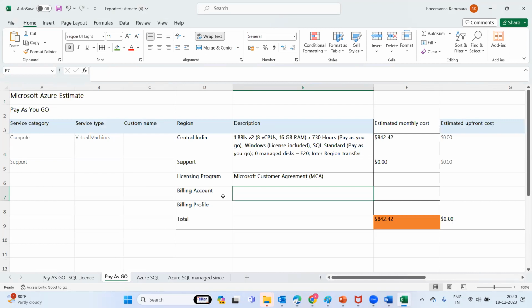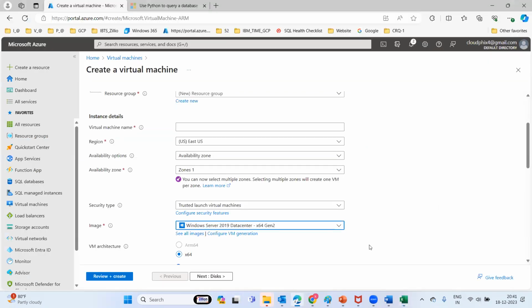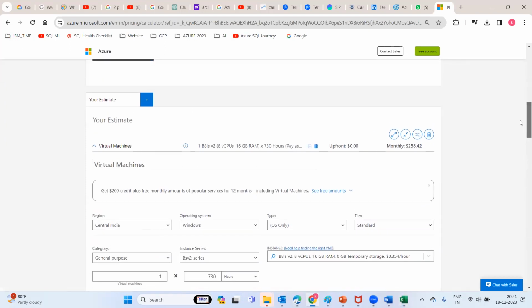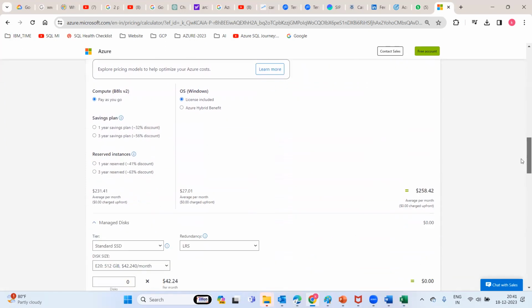If having a pay as you go with SQL license, what would be the SQL license cost? Okay, so let's go and see what the SQL license cost is. Now, if you can take this